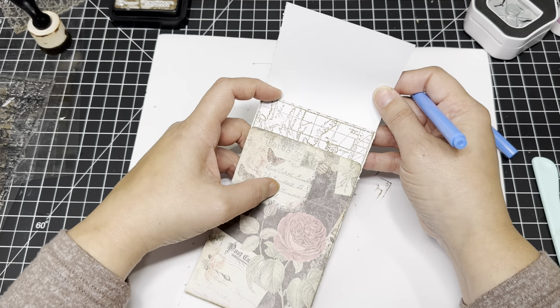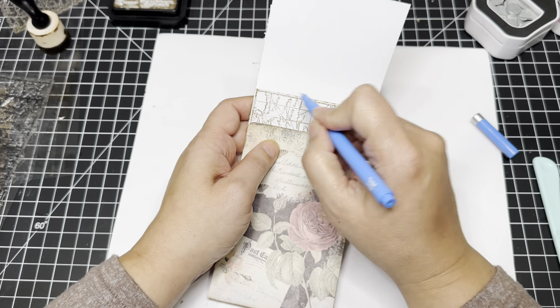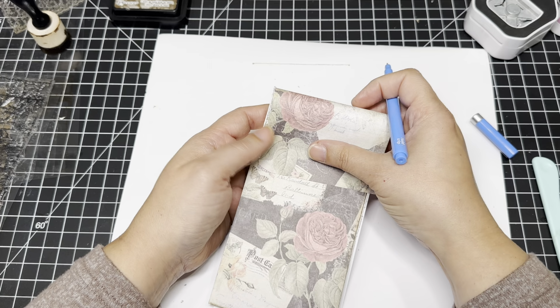So I want it, because I need to keep it in mind that I'm going to be leaving that 1/4 inch for the,